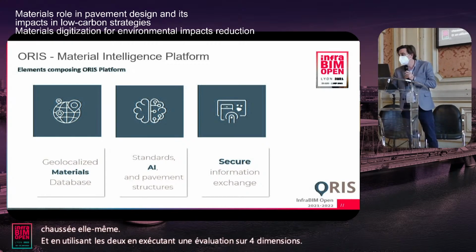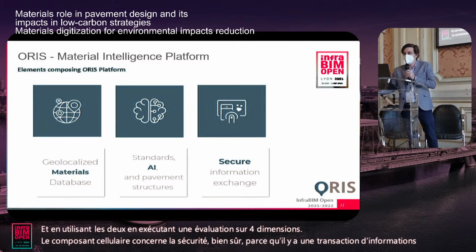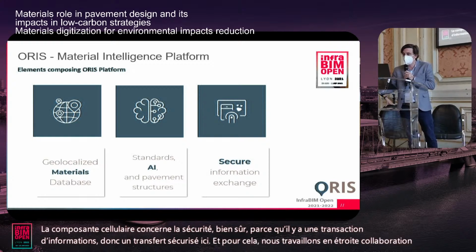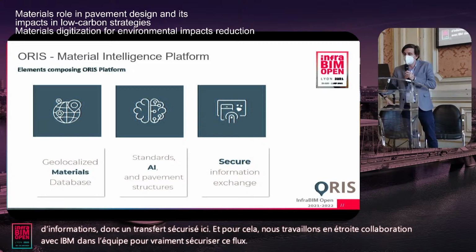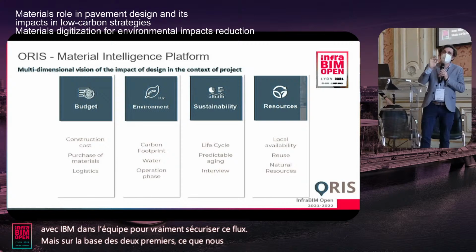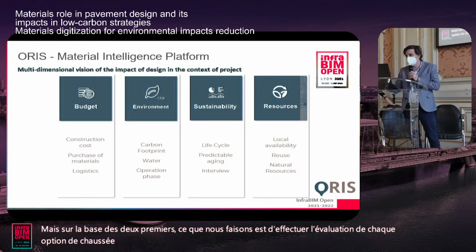The third component is about the security, of course, because there is a transaction of information, so a secured transfer here. And for that, we are working with IBM closely in the team to really secure this flow. But based on the first two, what we are doing is performing the assessment of each pavement option on 4 dimensions. The first one is the construction cost,